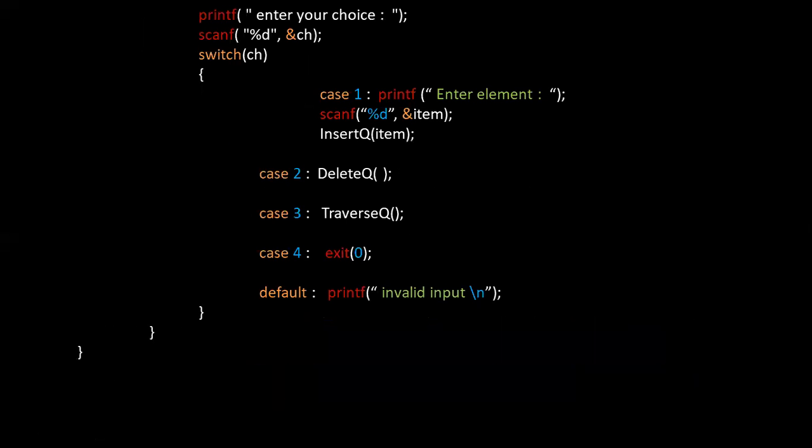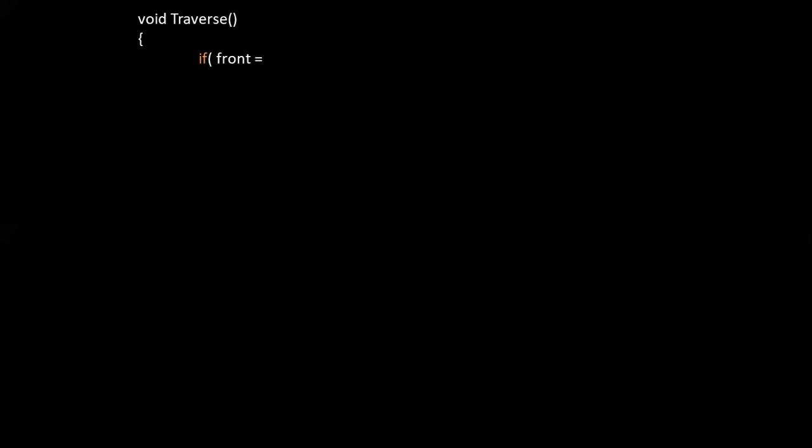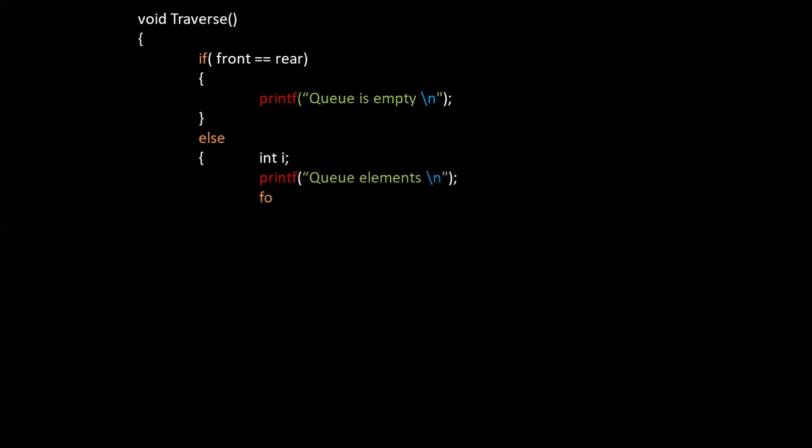Next, let us write the logic for the traverse function, that is case 3. That is nothing but displaying all the elements that are present in the queue. The traverse function is not taking any input nor returning any output. So no arguments and no return type.